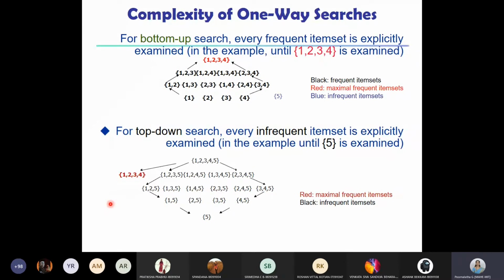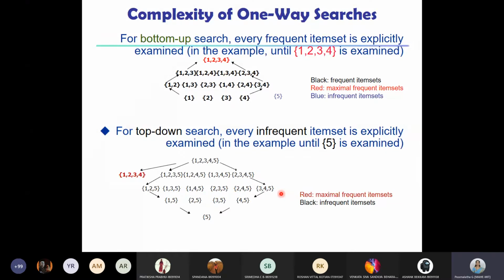All will be frequent. Then these other 4-item sets that you are seeing here are not frequent, but their subsets may or may not be frequent, that we don't know, right? Since they are not frequent, we go one step down. For these items, we form their subsets of size 3. For example, if you consider 1, 2, 3, 5, its subsets are 1, 2, 5, written here, then 1, 3, 5, then 2, 3, 5. Similarly, we write the subsets of all these items that you are able to see here.